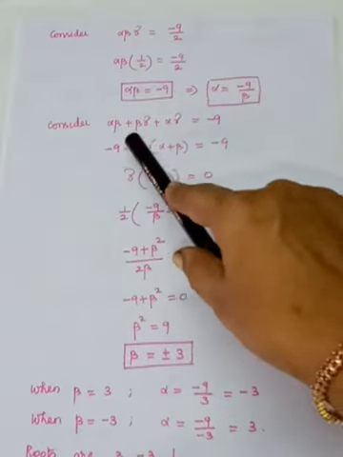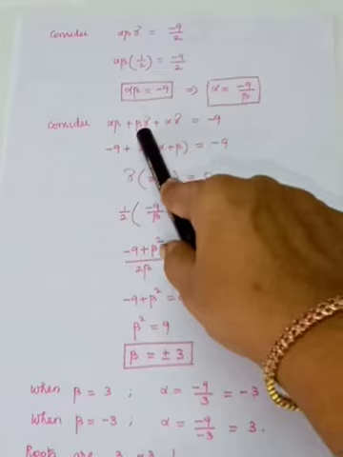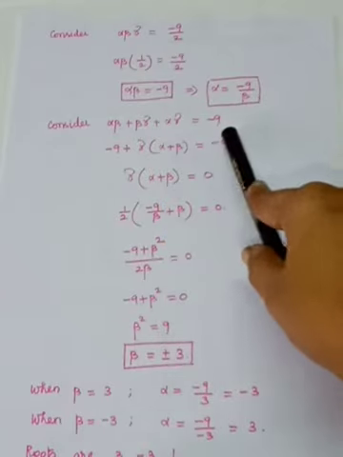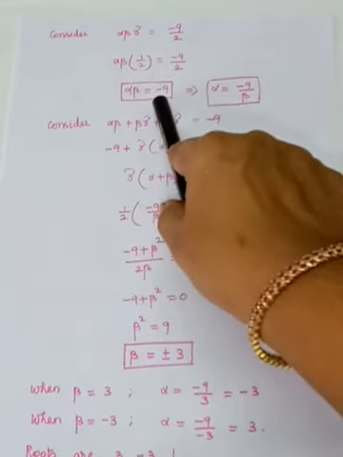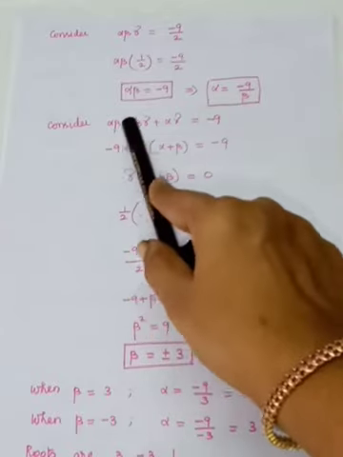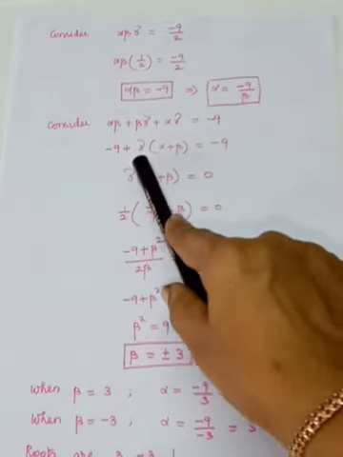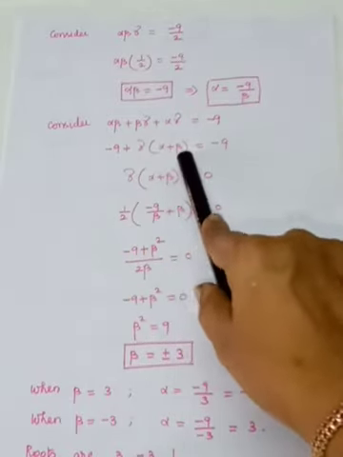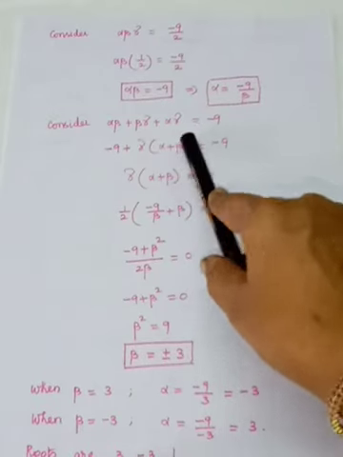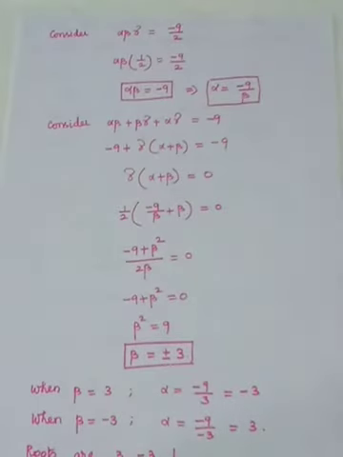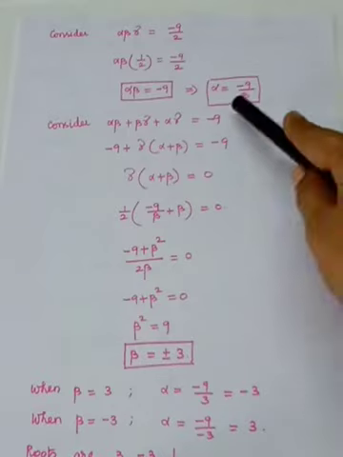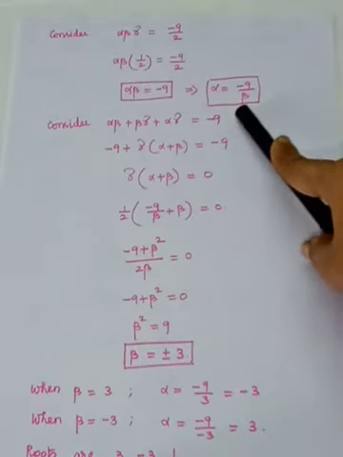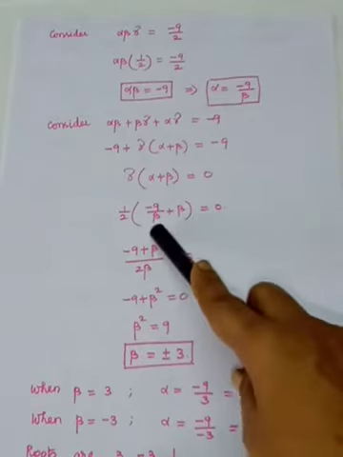You consider the third result, that is alpha beta plus beta gamma plus alpha gamma is equal to minus 9. What is alpha beta? We have taken it as minus 9. From these two, gamma taken out means it's alpha plus beta. Don't substitute alpha plus beta as 0 here, because we have to find what alpha is and what beta is. So we have found alpha in terms of beta, and that has to be substituted here.